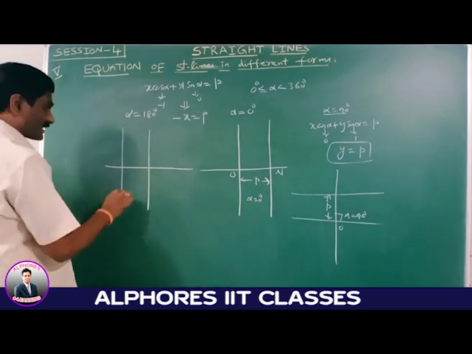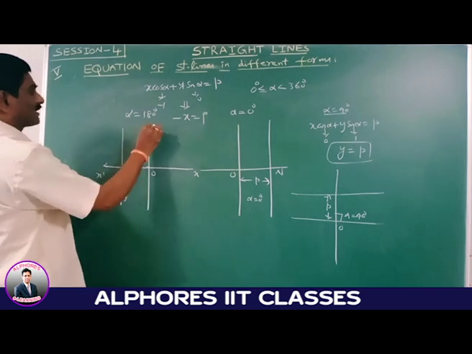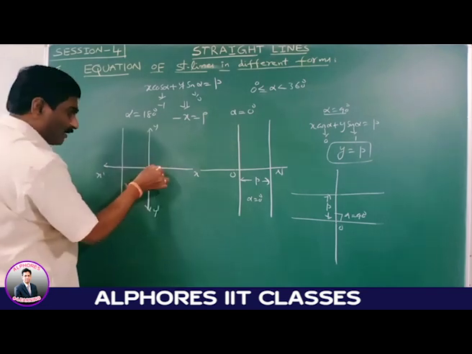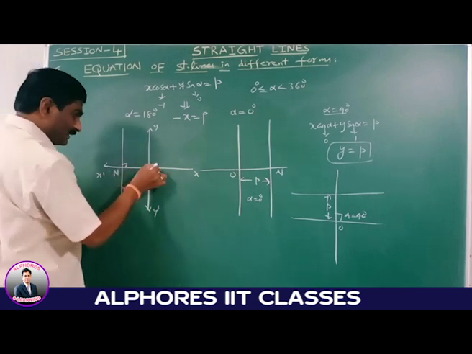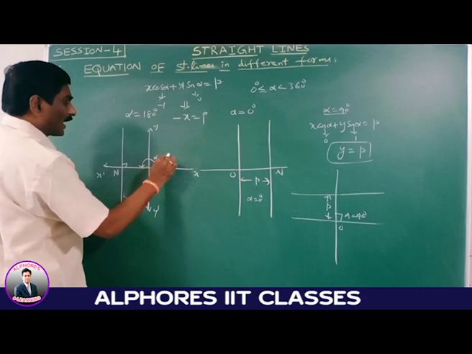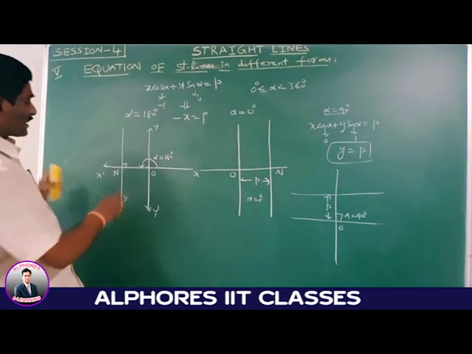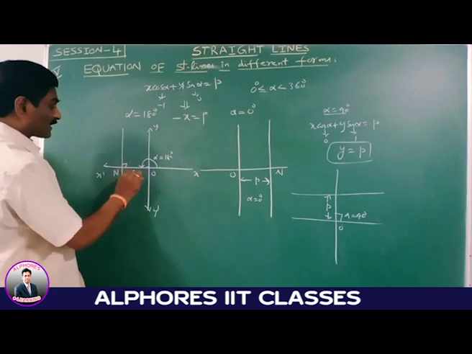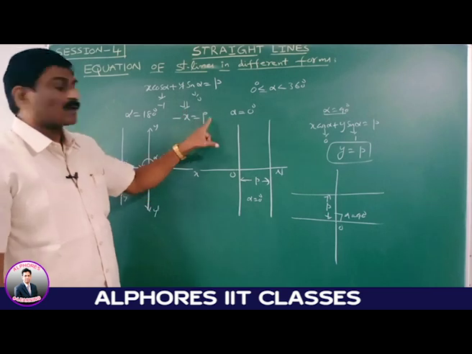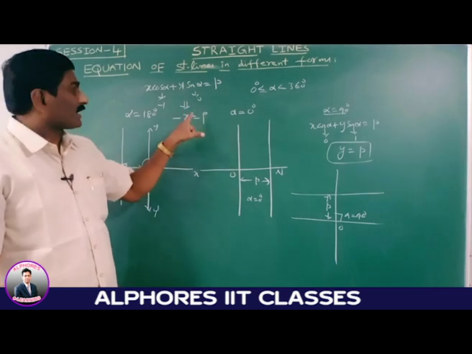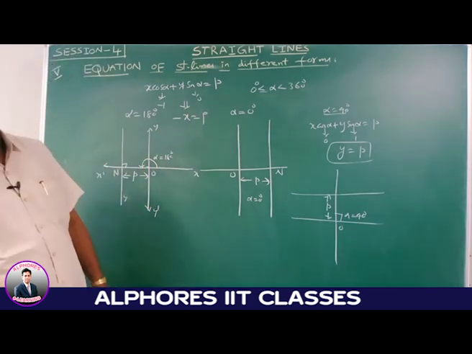180 degrees means, please observe this, it is the positive x-axis, it is the negative x-axis, y dash. The angle between the x-axis and the normal, it is the normal, it is n. This angle alpha is equal to 180 degrees. Here, what is the distance from the origin to this line? It is p. In this case, minus x is equal to p means x is equal to minus p. X is equal to a constant and at the same time, here the x coordinate is negative. So, it lies on the negative x-axis.